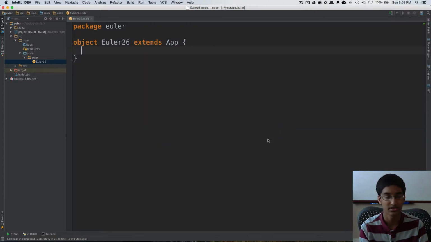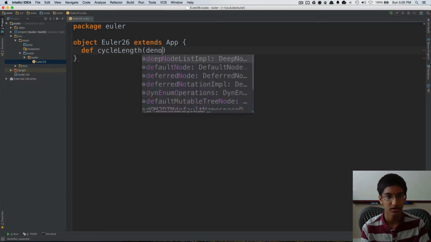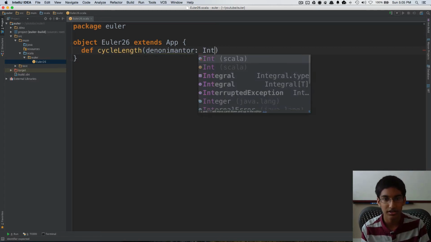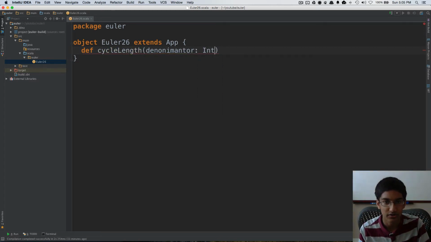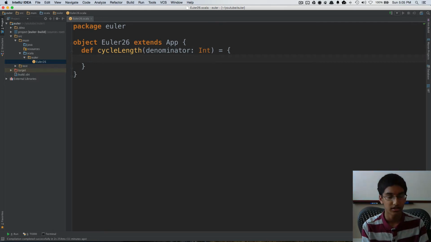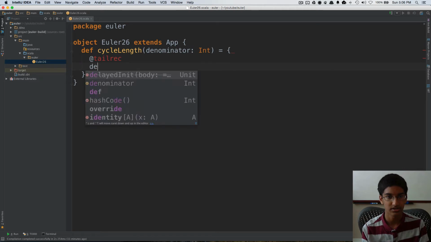So let's implement this. I'm going to create a method def cycleLength(denominator: Int). I totally spelled that wrong. Okay, that's better. And I'm going to create a helper method inside of this, and this is going to be tail recursive, and I can create a def